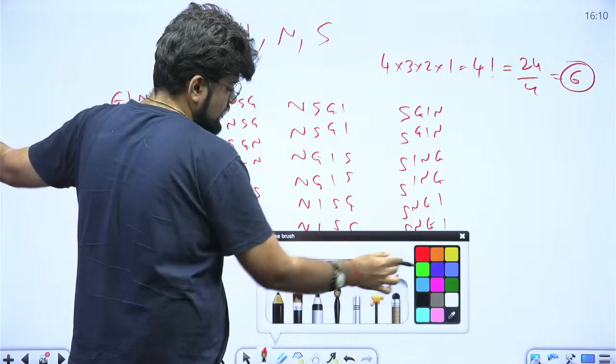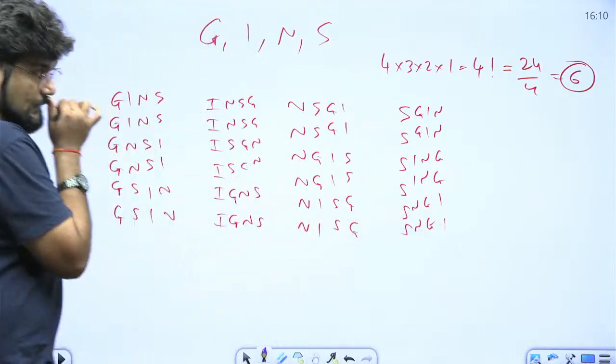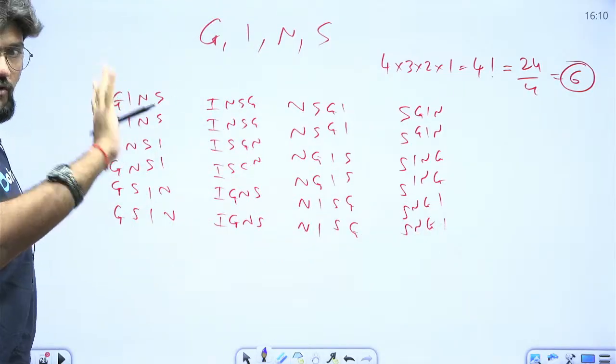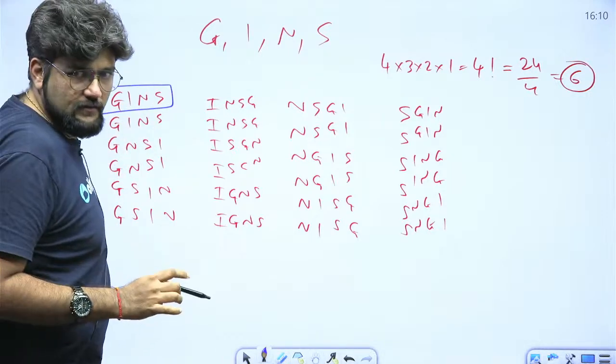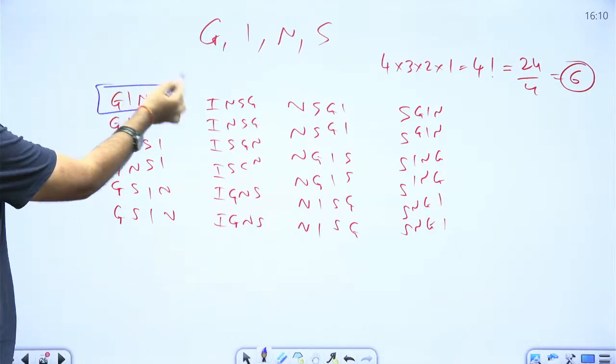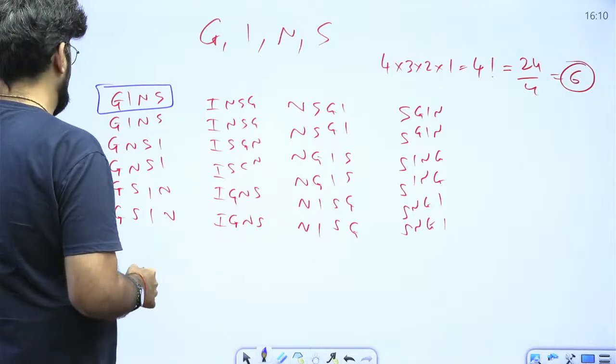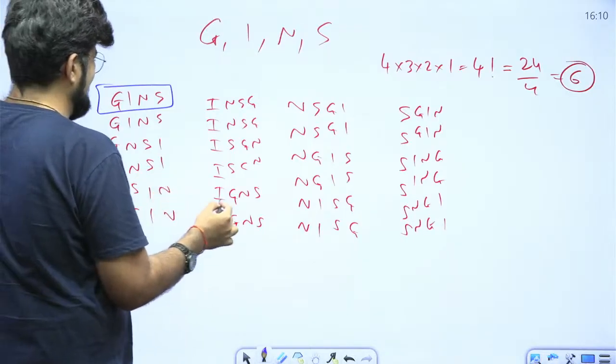Now look at this, guys. This is very important for you because nobody is going to teach you this. Now you have to pick out the meaningful words. GINS is a meaningful word. What is gins? Gin is an alcoholic drink, but we use it as gins. Okay? So this is it. Then we have